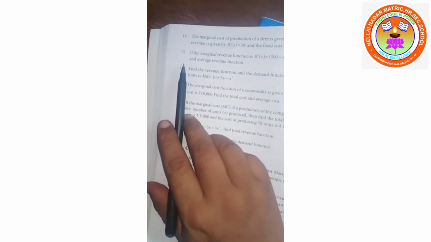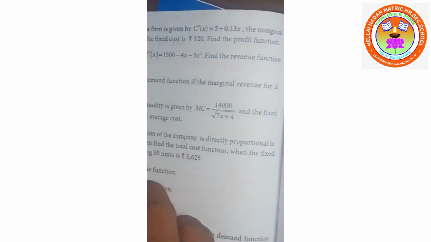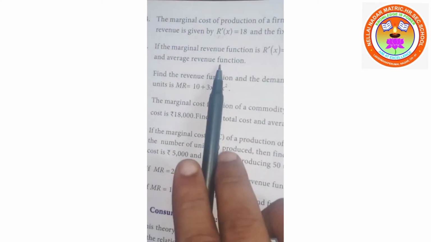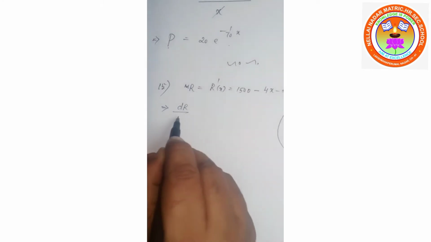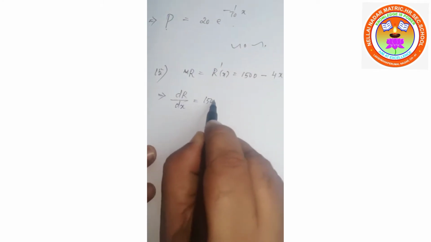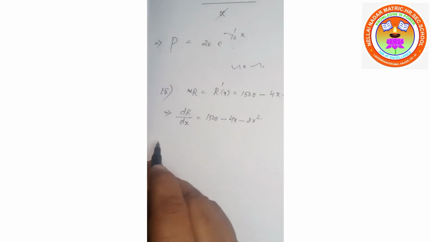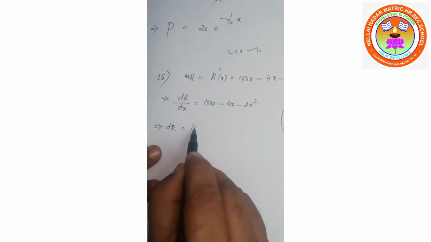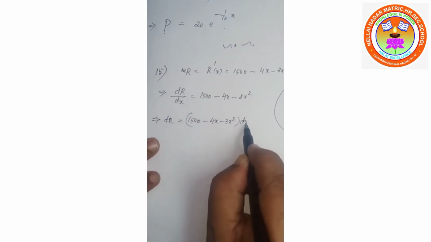Now, problem number 15. You are given the marginal revenue, that is R dash of x. Find the revenue function and average revenue function. Revenue and average revenue. Okay. MR equals R dash of x, which implies dr by dx equals 1500 minus 4x minus 3x square, which implies dr equals 1500 minus 4x minus 3x square cross multiply dx,